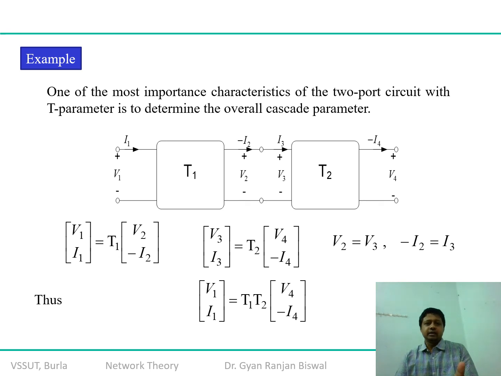Remember here the T1 and T2 are mentioned because the detailed nomenclature of the problem is not given. But when you see a real-life scenario, you might be required to find the values of T1 and T2, or they should be given. That's how you can establish the cascade connection between the 1st and 4th terminals in terms of T1 and T2. I hope you will be able to appreciate it.